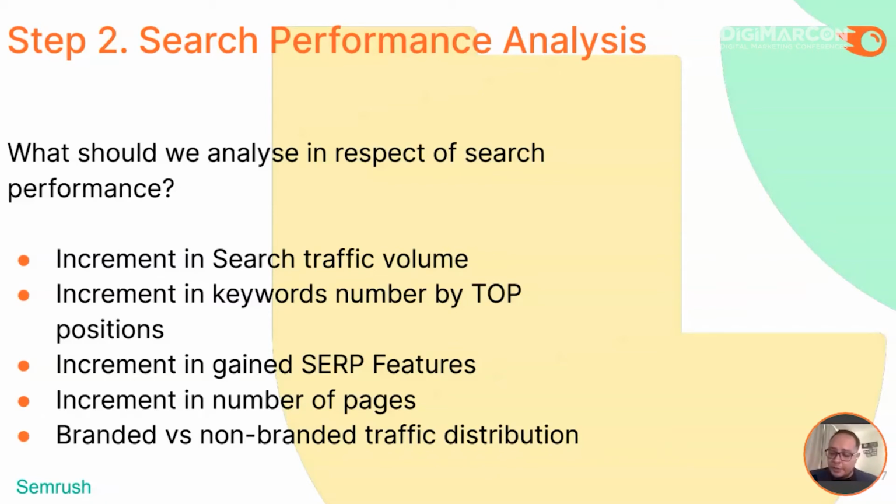The incremented number of pages overall of the website. This is going to give us a really good idea on how many products they are adding, on how they're building their content. And then we need to see the branded versus non-branded traffic distribution to see what is the brand impact overall. Are people who know them coming back for more to their competitor's website, or are they just new users that are coming because they are attracted by non-branded traffic?